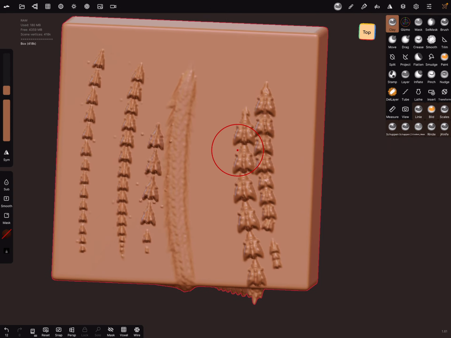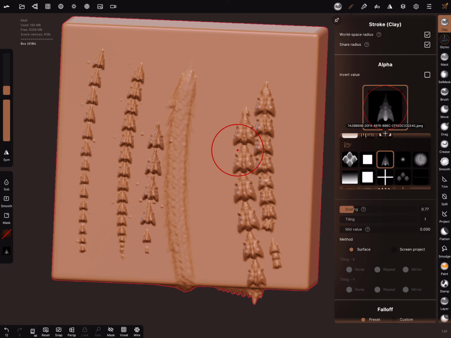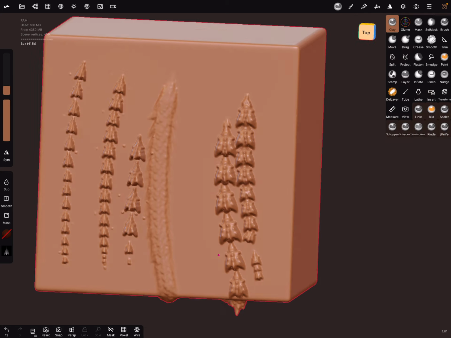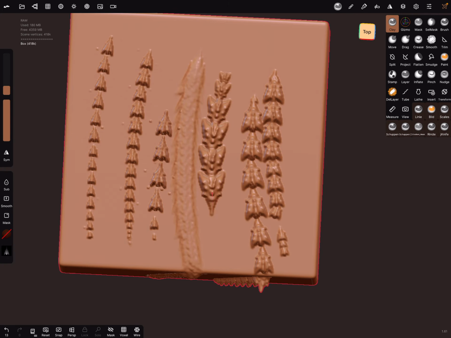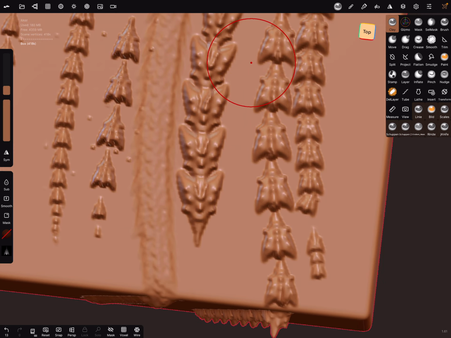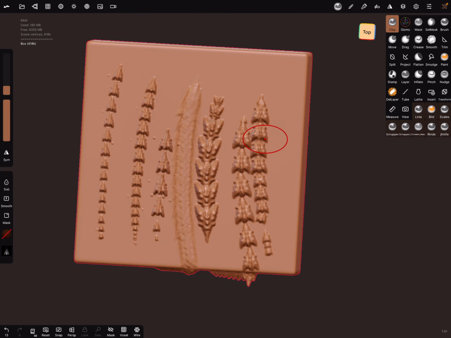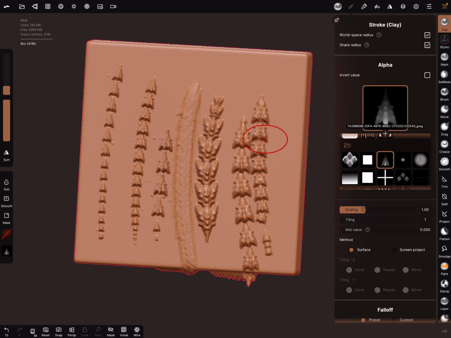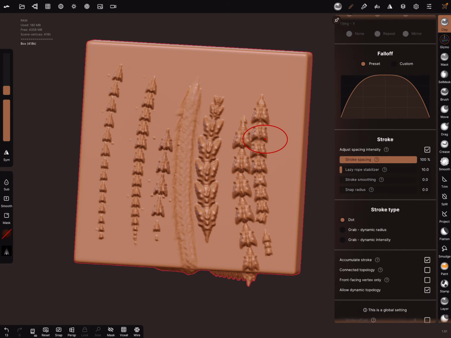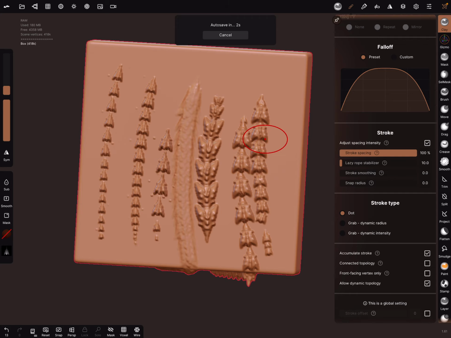And when I bring the scaling to 1, they are overlapping. Then make a combination of this, because the stroke spacing is 100% and then it's the end. Okay.